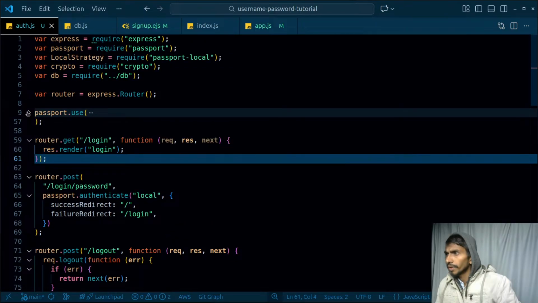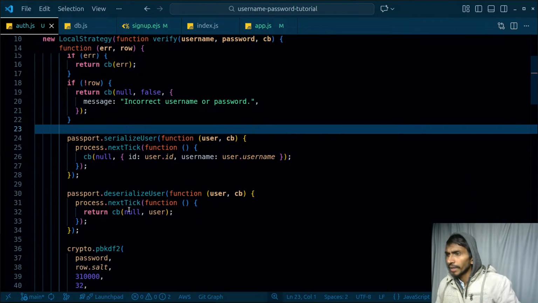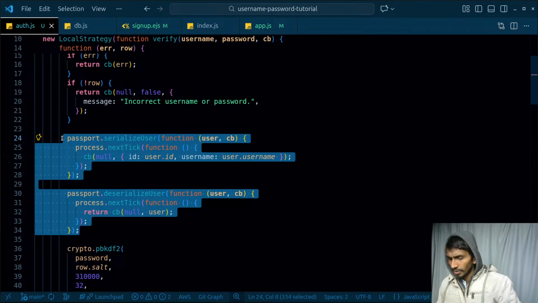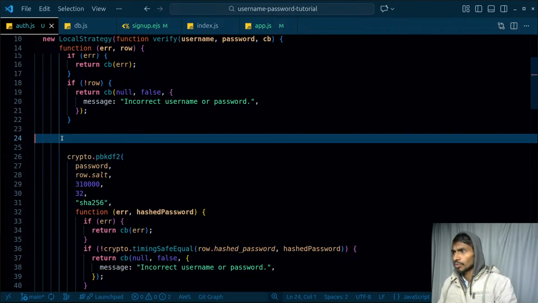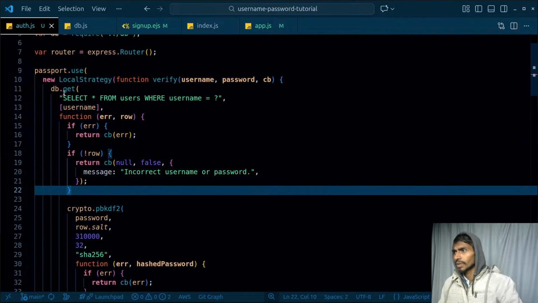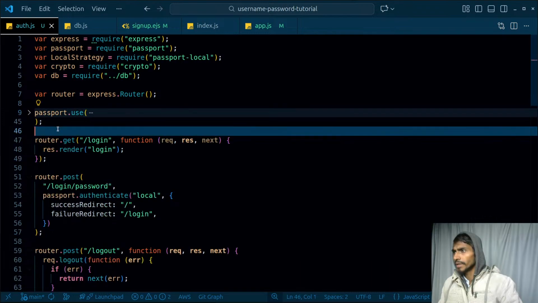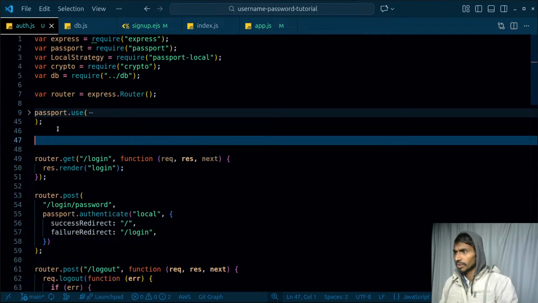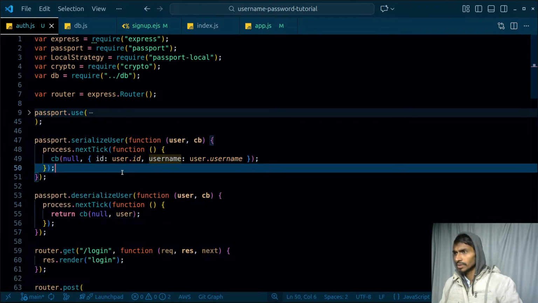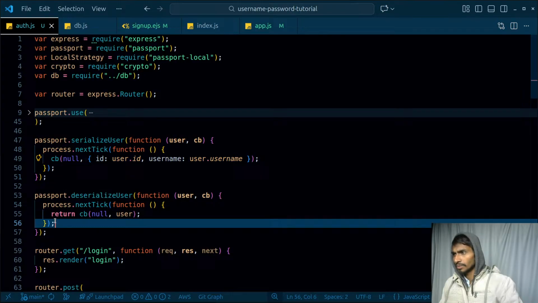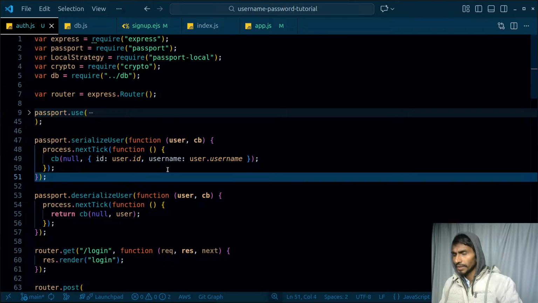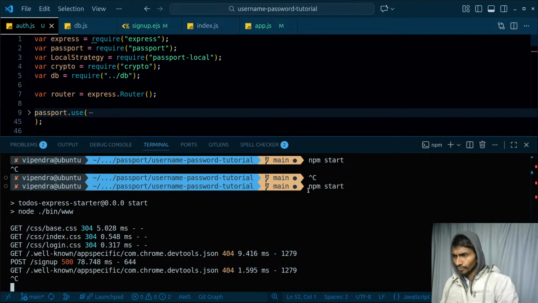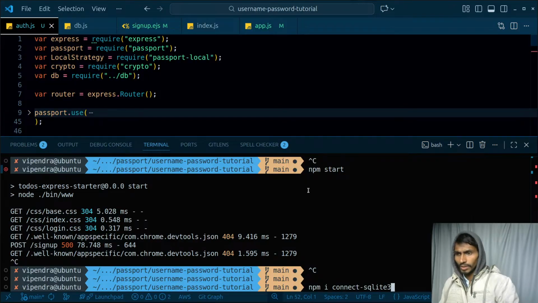So when it comes to this particular code, I think this does not need to be added here if I'm not wrong, so let's remove it. Rather, let's close this. I need to add the serialization part just here, apart from this particular thing, just like this. I think this is how it's done. Serialization part must be outside, not inside that. And if I try to do it right now, okay, let's start it again,